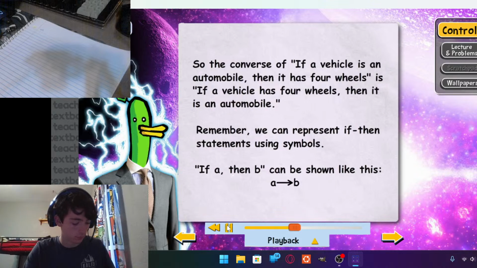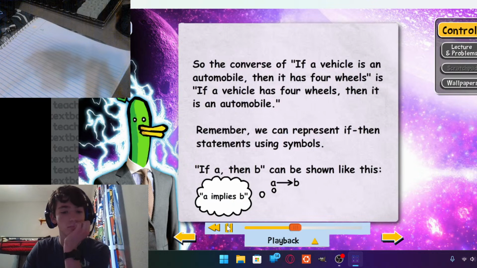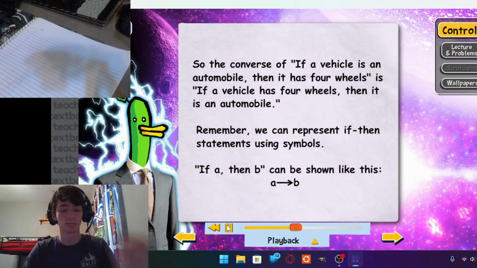A and an arrow pointing to a B, and it means A implies B. And so that's nothing new. We covered that quite a while ago. But we can actually use these symbols to show the converse of a statement. If the original statement is A implies B,